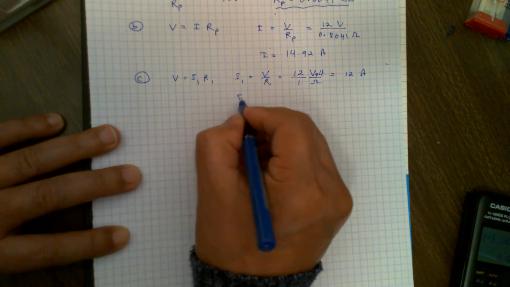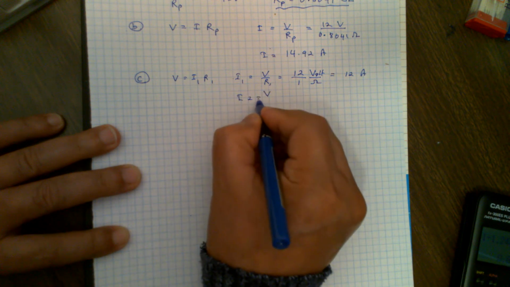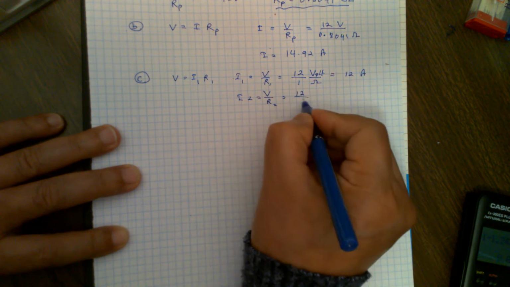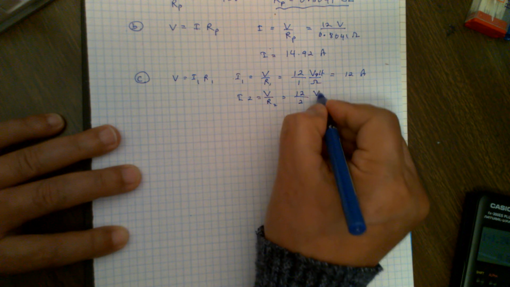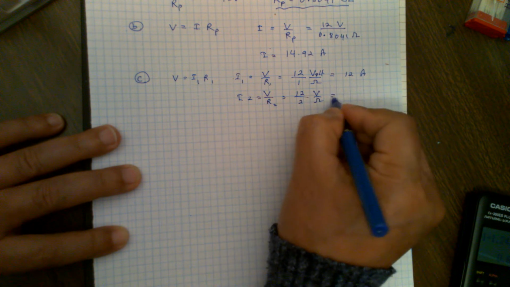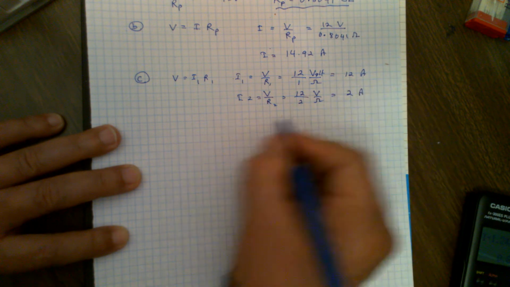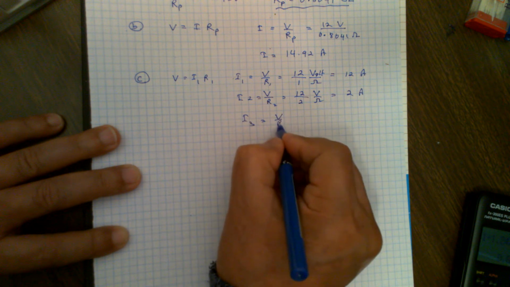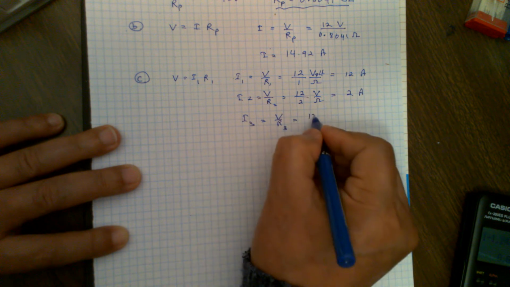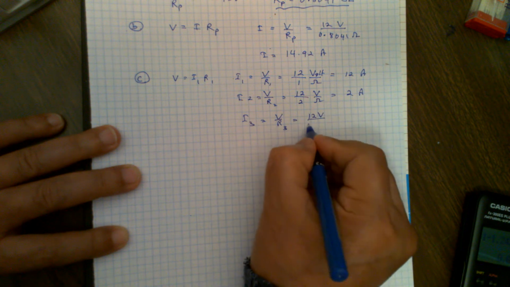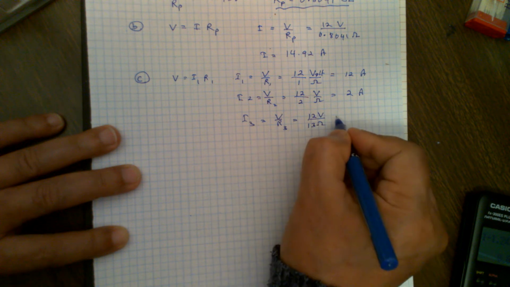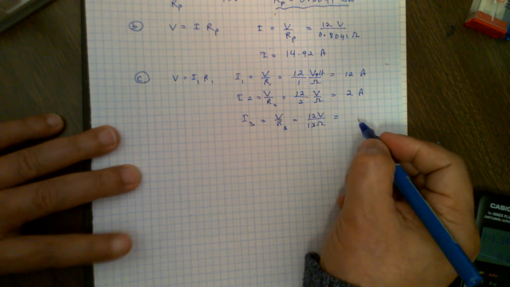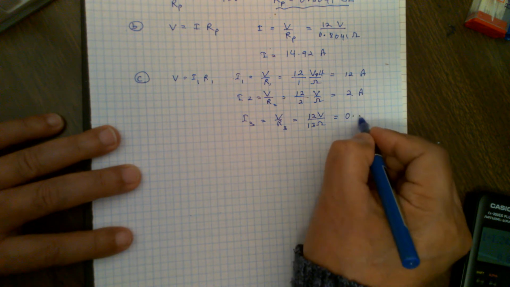Similarly, I2 is equal to V by R2, so I find 12 volt by 2 ohms, so the answer is 2 amperes. And I3 is equal to V by R3, which is equal to 12 volt by 13 ohms, and that is a little odd number, that is 0.92